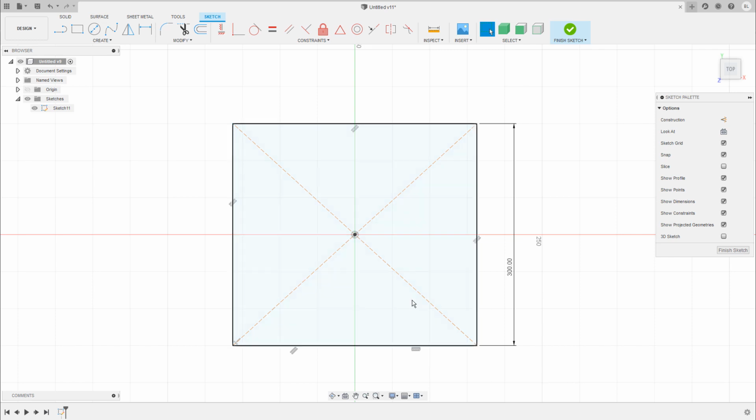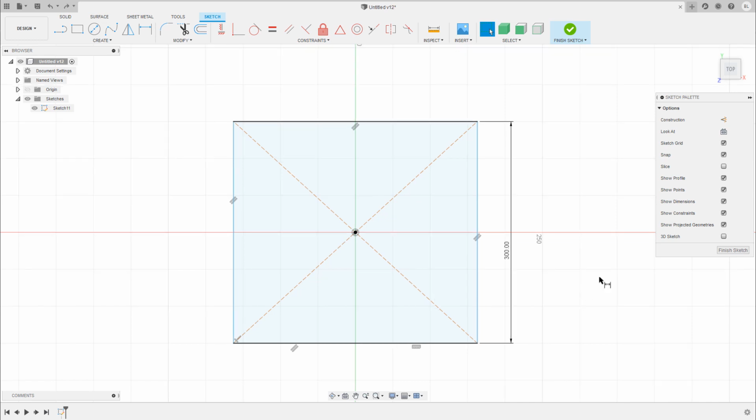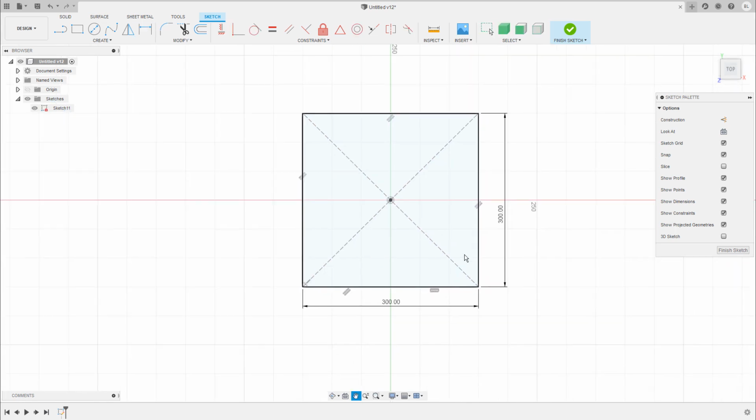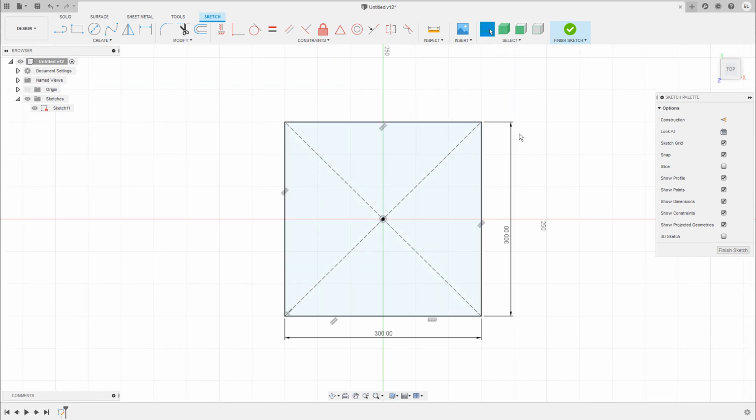So previously they were blue, now they are black, and this means that the distance between these lines and the position of these lines is now fully defined. When I now add an additional dimension between the lines on the side, I turn my sketch into a fully defined sketch. And you can tell that it is fully defined because all of the lines that were previously blue